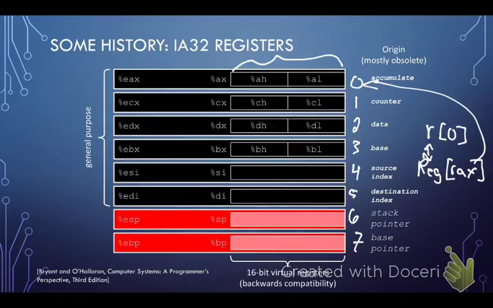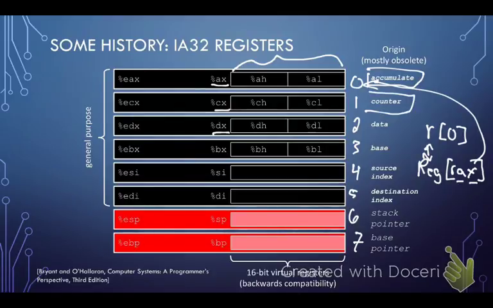Why this strange naming convention, RAX? Here we see actually the original names, AX, CX, DX, and so forth. So why these interesting letters? Well, that comes down to the fact that the original designers were actually thinking about how they would use these registers. They were thinking about writing compilers that would directly program these registers, or programming them themselves by hand. And so they had patterns they would apply when they'd write their programs that would help them to keep track of things. And so the AX register was the accumulate register. So this is where the results of computation would generally end up.